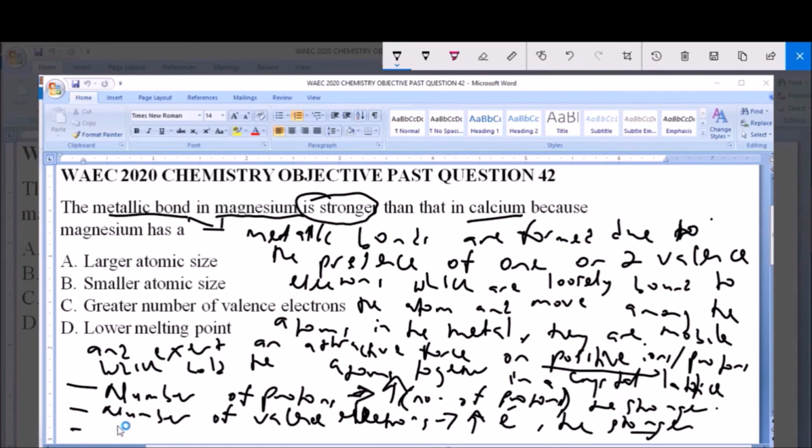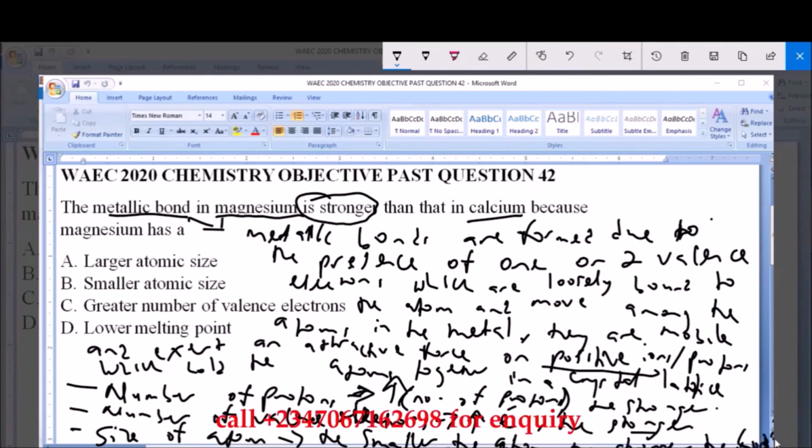metallic bond itself. And then lastly, you have the size of the atom. Now, the smaller the size of the atom, the stronger the metallic bond. Now, this is due to greater force of attraction between the valence electrons and the protons you may have in the nucleus, as when you have a larger atomic size, the electrons are further away from the protons, so the bonds are not as strong as you